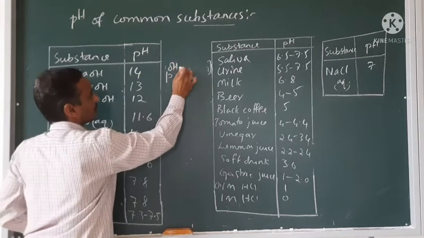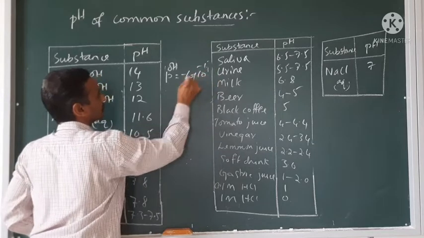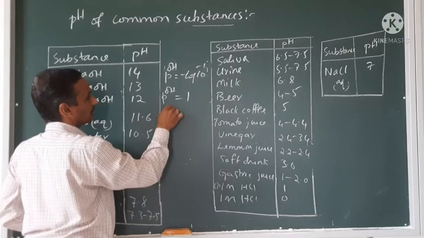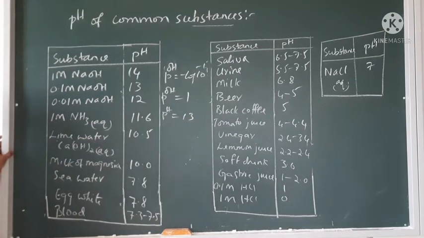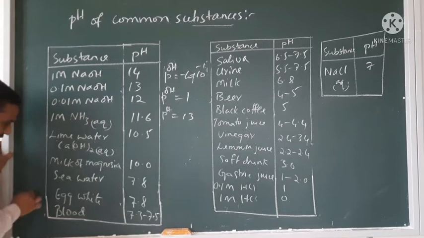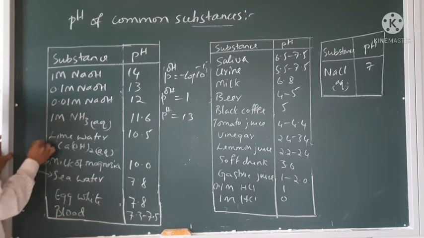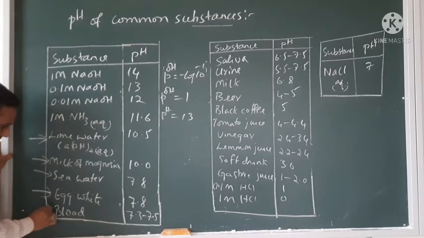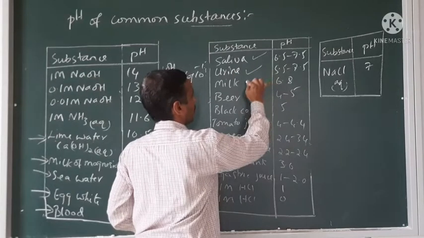For 0.1 molar, pOH is equal to negative logarithm of 10 to the power minus 1. So pOH is equal to 1, or pH is equal to 13. Like this. So at least these: sea water, milk of magnesia, liver water, egg white, blood, then saliva, urine, milk,